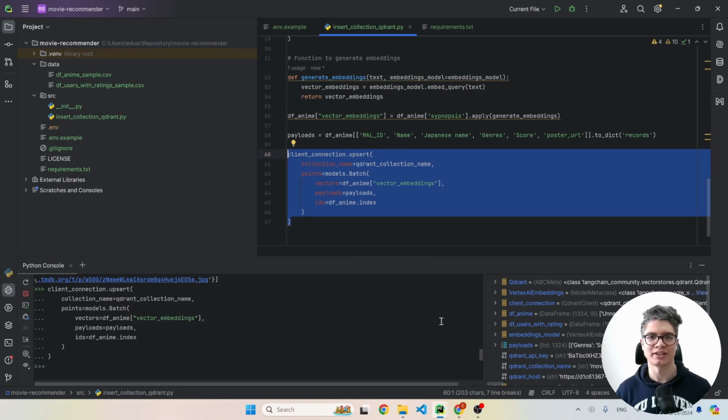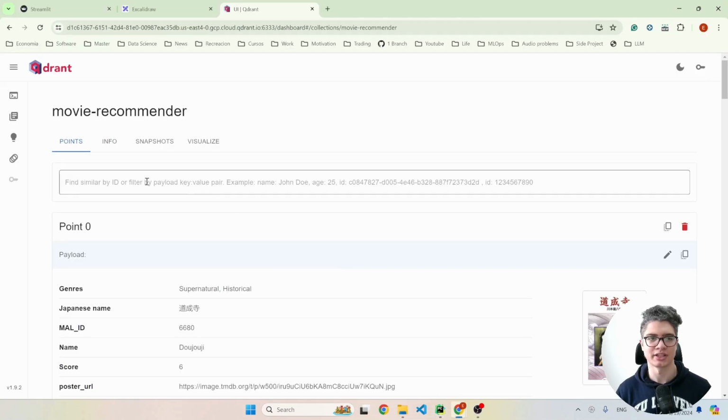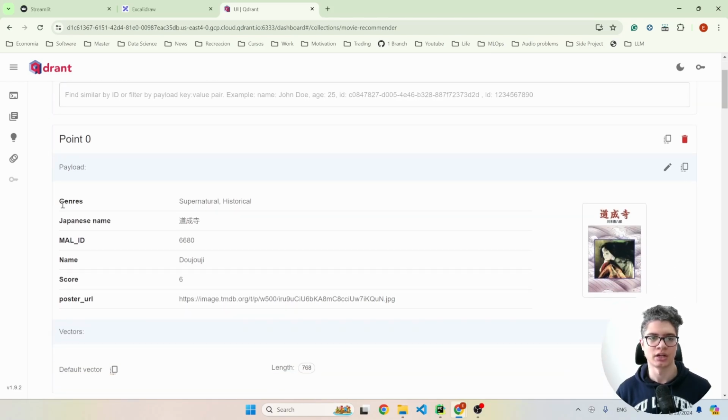And if we go to Qdrant, we can see all the information of our vector store database. Let's quickly check it out. Here we can see that we have a collection called Movie Recommender, and here we have all the embeddings of all the animes that we have in our database. Here we can see that this is an embedding of one anime. Here we can see the genre, the Japanese name, the ID, the name, the rating, and the URL of this